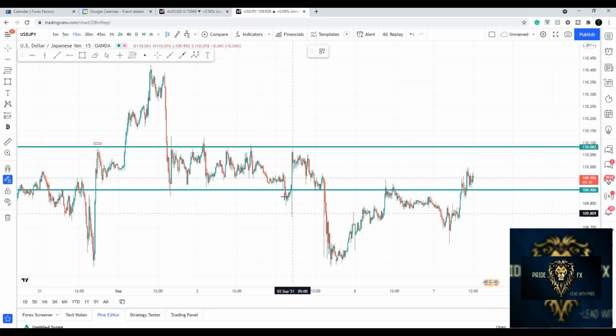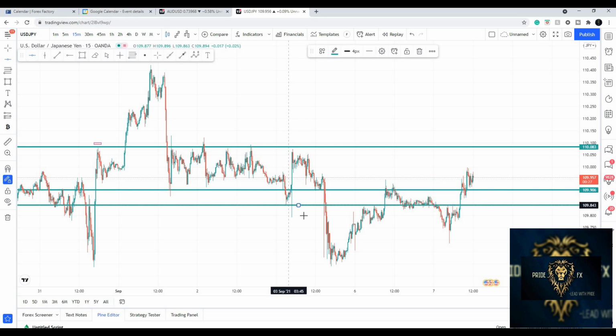And so here we can see that the market broke down to this point. So we're just going to highlight it for the next time. It's always going to be about the next time, okay? And so here we have highlighted that.